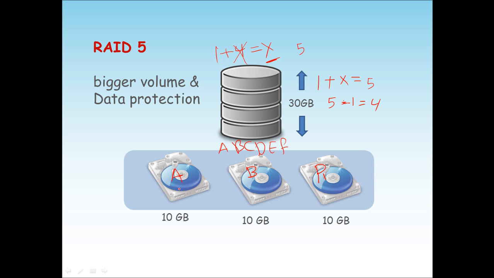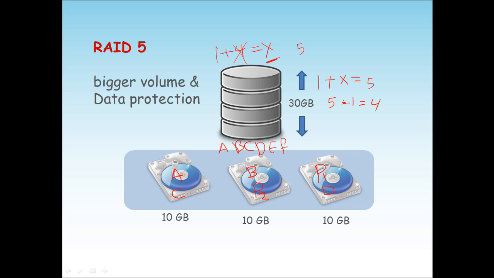And again you will write C in the first drive and D in the third drive and generate parity in the second drive, and so on. So in RAID 5, data and parity will be striped across the drives,